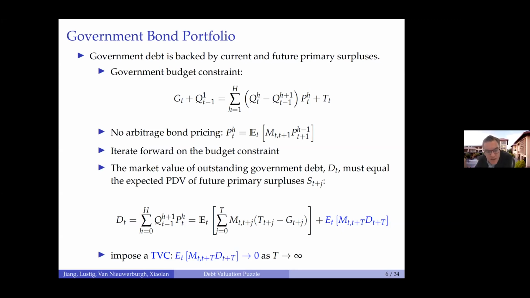What that iterative process gives you is an expression for the value of the federal government's outstanding debt. This is the entire portfolio of treasuries, okay? So that's important. That's going to be the focus of our paper. It says the value of outstanding debt has to be equal to the properly discounted value of all future primary surpluses. Primary means you're excluding interest payments, so T minus G denotes primary surplus. And then there's this nuisance term at the end, which is the discounted value of outstanding debt, capital T periods from now. We're going to impose a no bubble condition, which says that that value, when discounted back